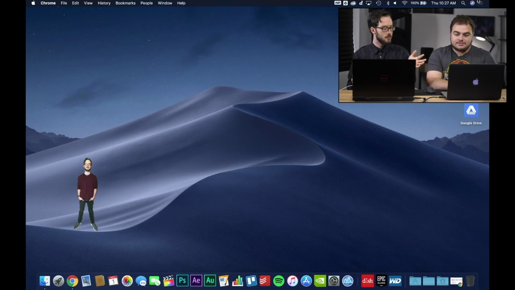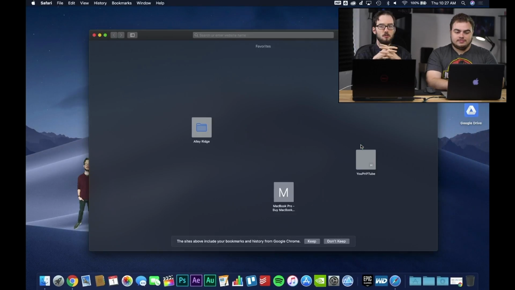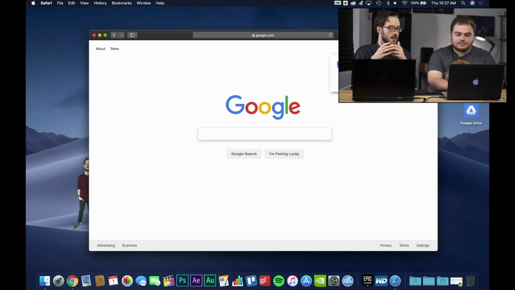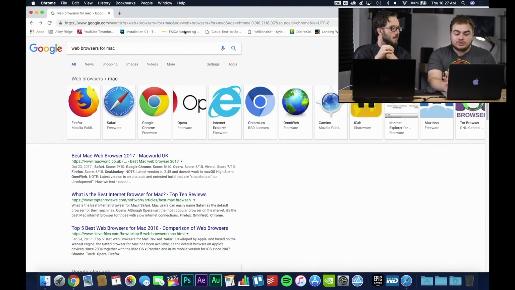So we have Trevor's MacBook Pro here, and if you don't know, on macOS, your native web browser is Safari. Yeah, Safari right here. Some people like Safari, some people don't. Honestly, by today's standards, it works pretty well. Additionally though, people can install a plethora of other web browsers. Yeah, like I prefer Google Chrome myself, so that's my web browser of choice.